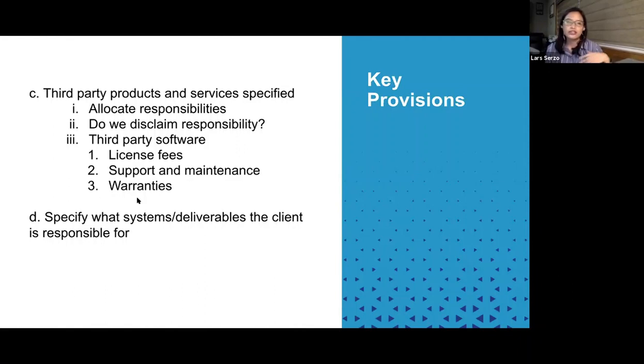So if you're on the other end of the table and you're the customer, it's in your interest to hold your provider responsible for these third-party products. So in terms of drafting the contract, you should consider where you stand.